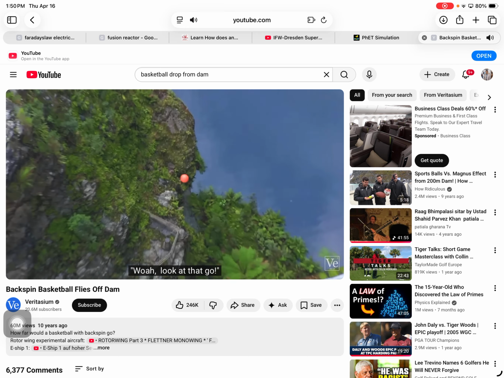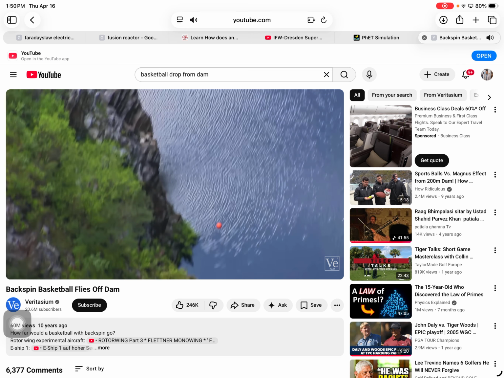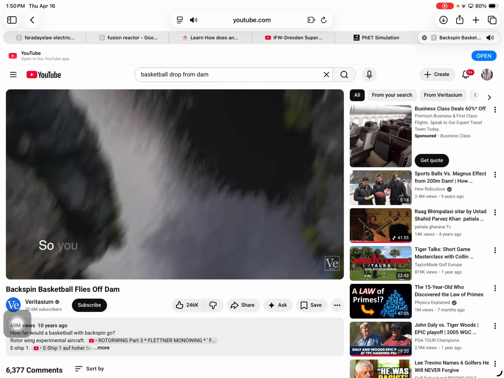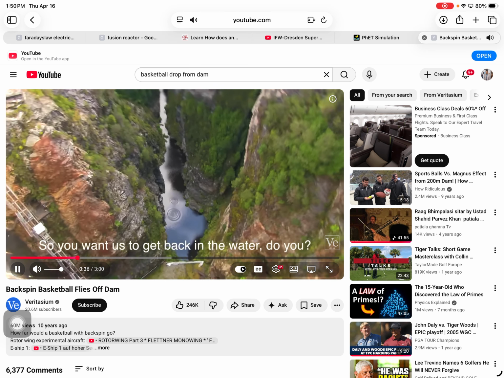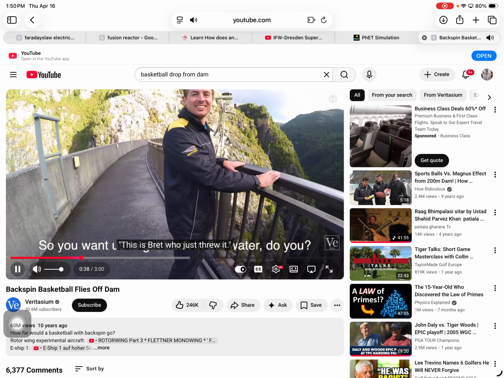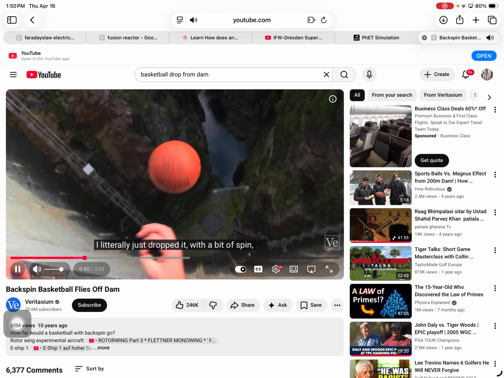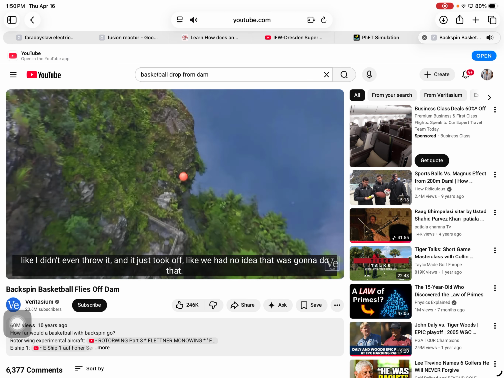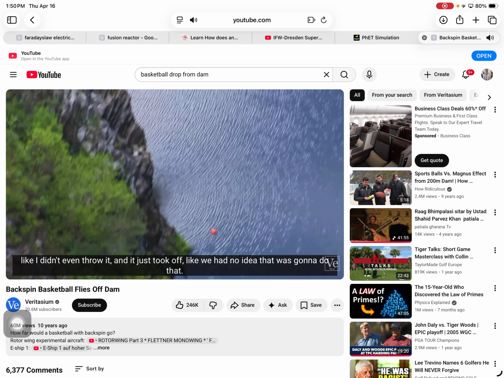Because of friction, you have to apply this force to maintain a constant velocity. So you want And those so to get back the in the water, viscosity do is the force you apply, This is Brett who just threw it. and the velocity. I of the board literally just divided dropped by the it area with a bit of cross-section spin, like I times the didn't area even of throw it, cross-section and it just took off. Like we had no times idea that was divided going by to do the that. distance between these. And this is where I come in. That's how you would The measure basketball was viscosity. subject to